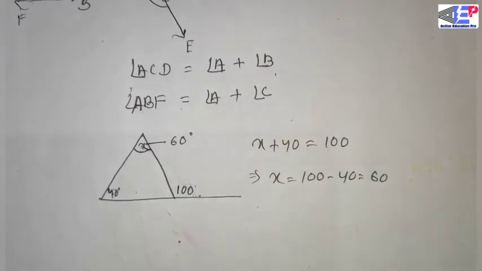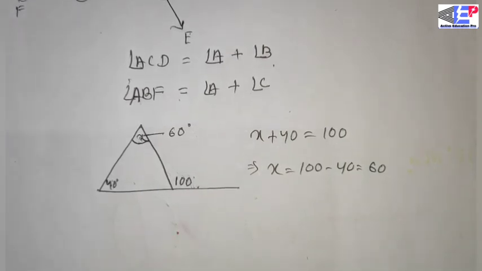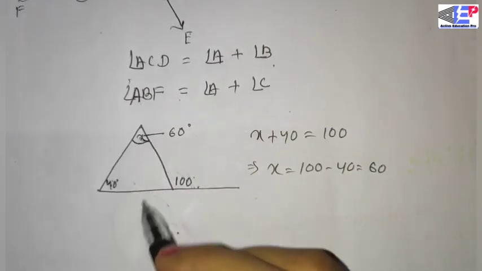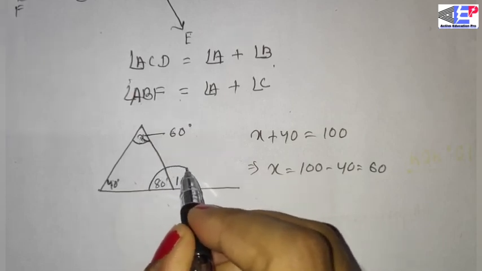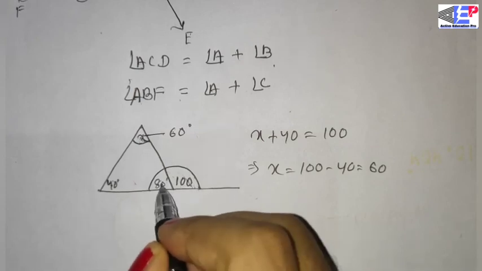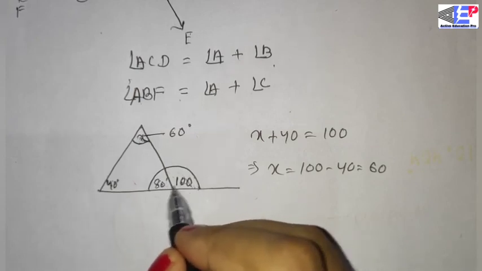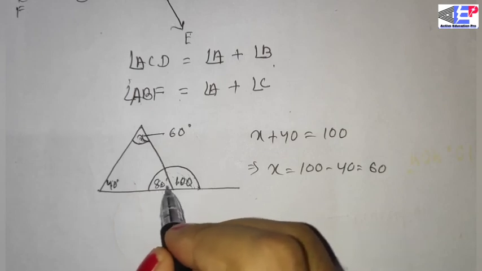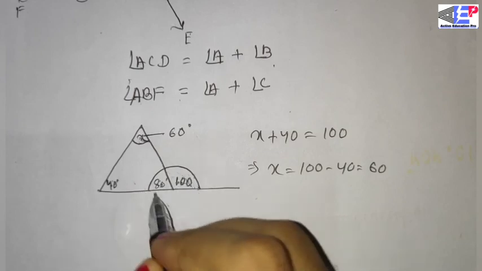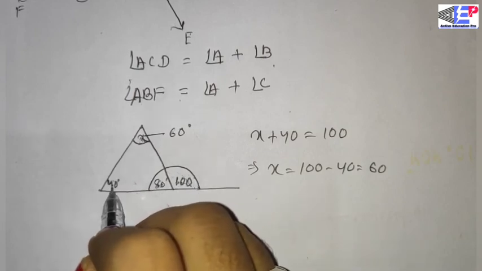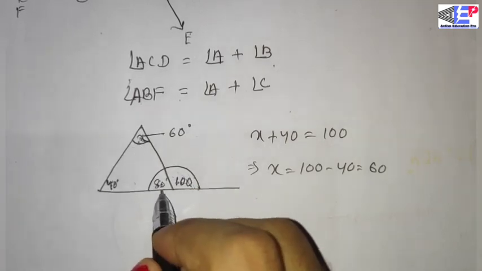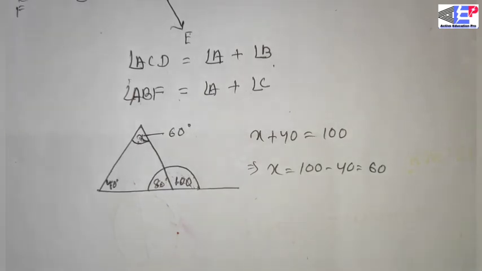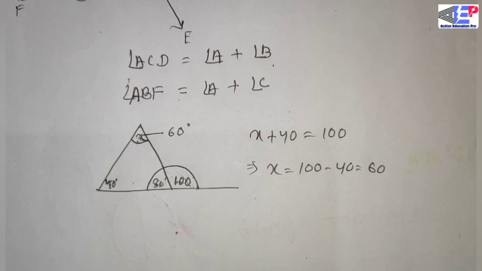And you can check again by applying the first rule. The sum of these three angles is 180 degrees. This is 100, which means this is 80, because they make a linear pair of angles, and the sum of these angles is 180 degrees. So this is 80, this is 40, this is 120. 80 plus 40 is 120, and the remaining x will be 180 minus 120, which is 60 degrees. In my next video, we will solve some more questions according to these both rules